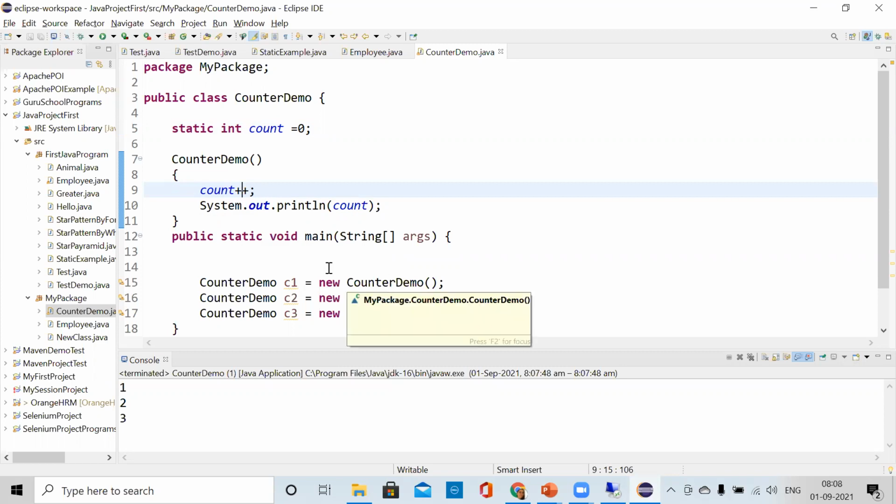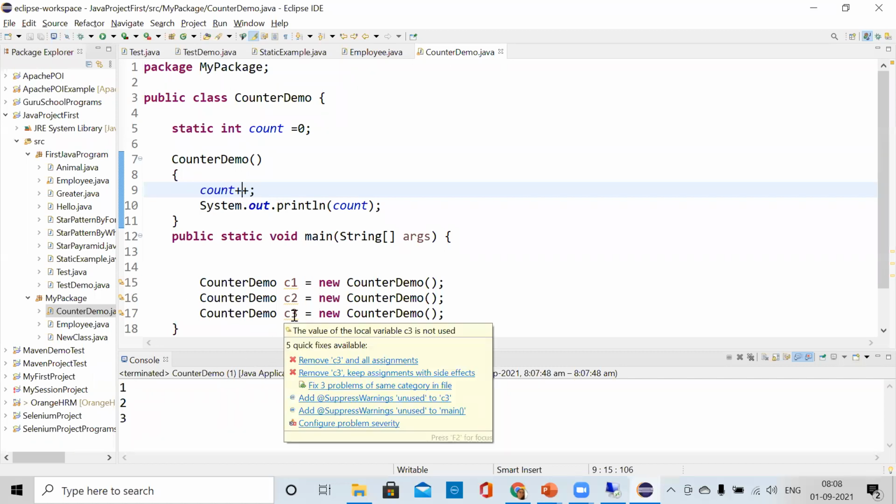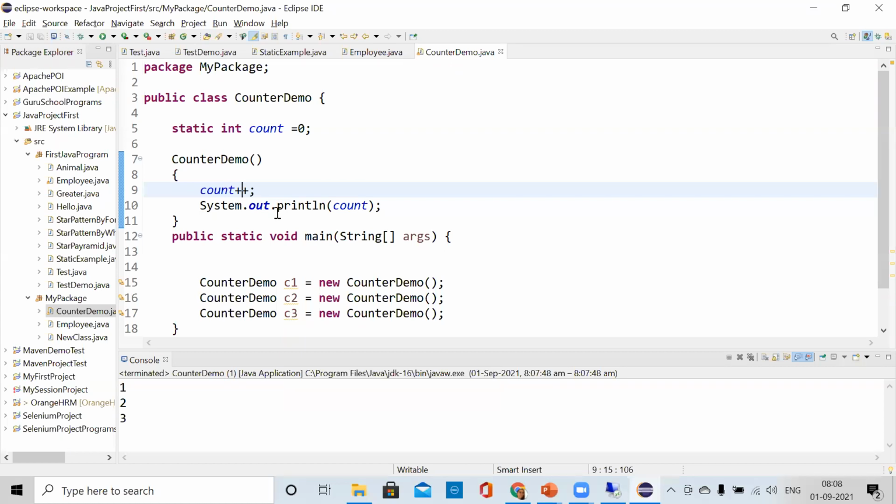Once you create the object, it will give you the value 1. And if you create the object again, it will save 1 and then increment it, so it becomes 2. Then if you create another object, it becomes 3.